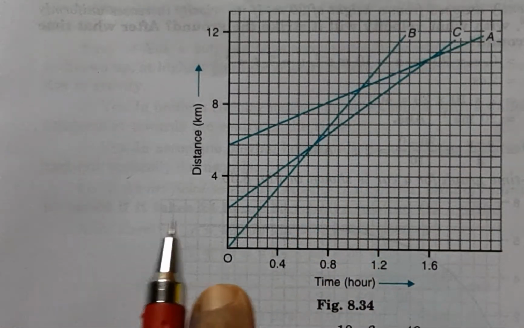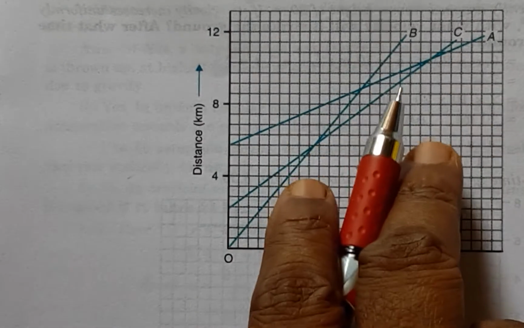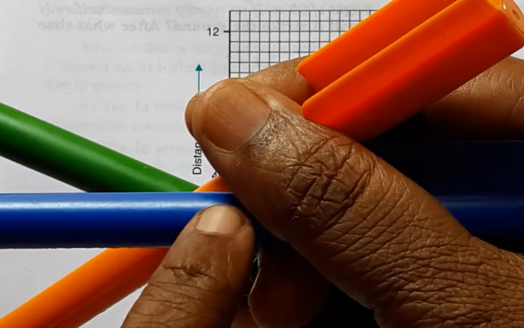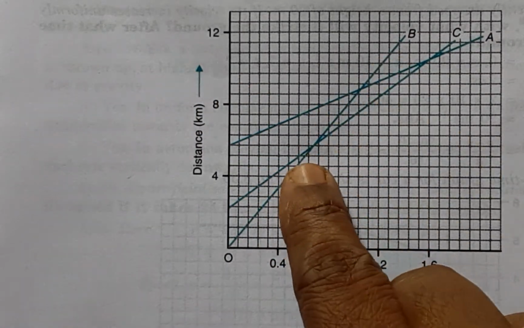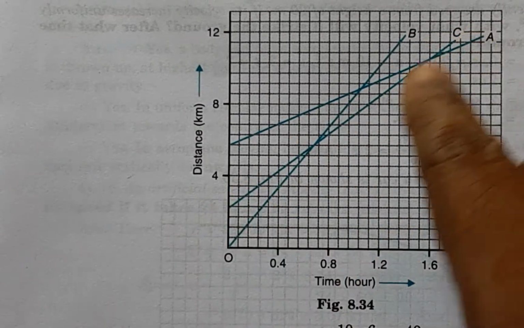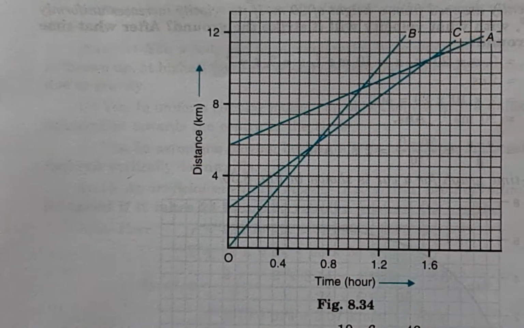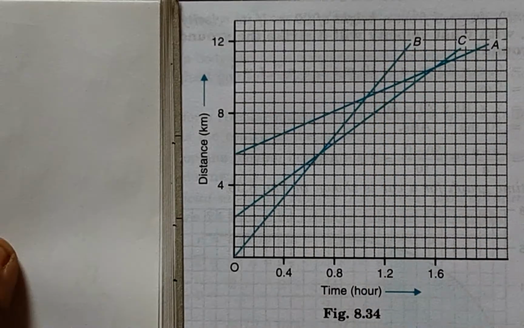The next question, are all the three, A, B and C, ever at the same point on the road? No. This is the common intersection point of three graphs, but there is no such intersection here. C and A are meeting here. Here also the same, A and B are meeting. So all these three do not meet at any point on this said road.